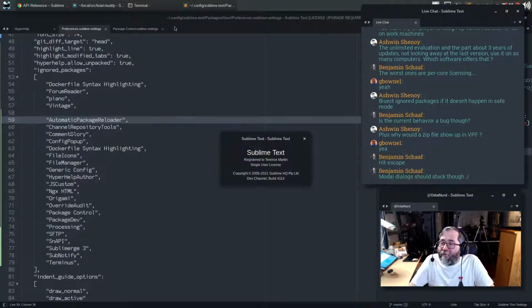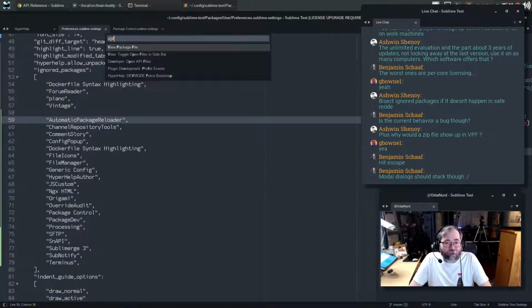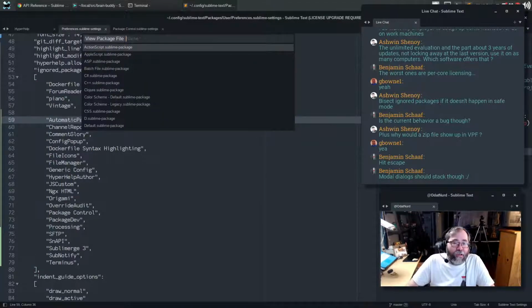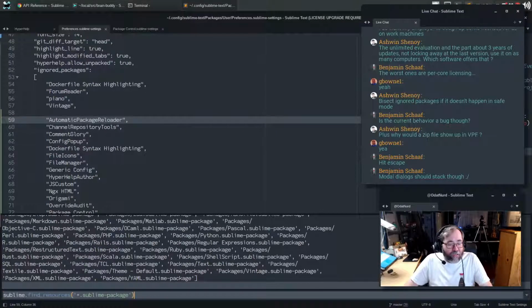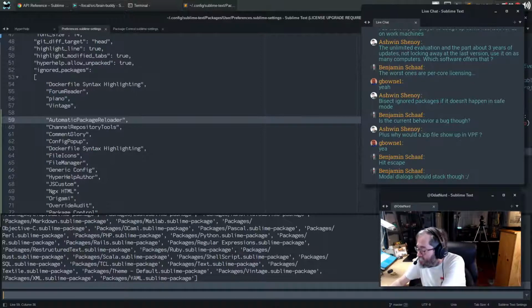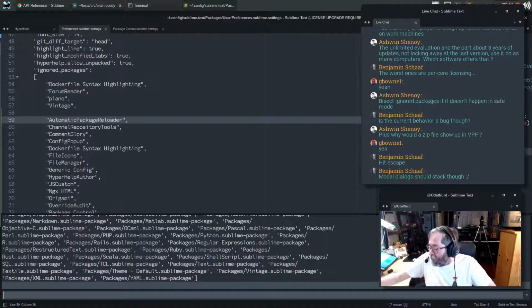Build 4114 is the one where using view package file starts showing Sublime package files because find resources finds them, whereas previous builds didn't. Okay. Let's make a note of that number. Like so. That'll make that a little bit nicer to do stuff.